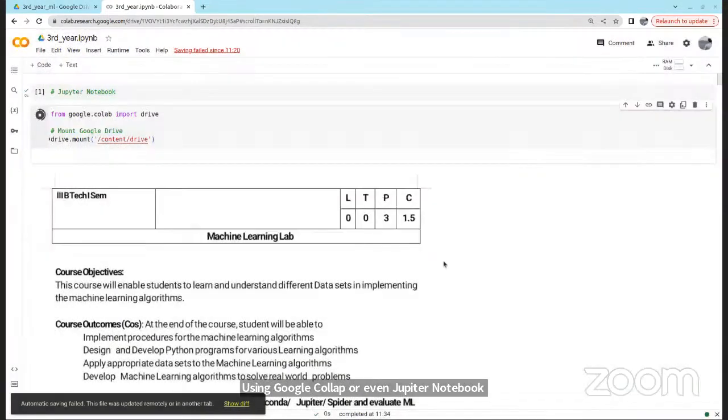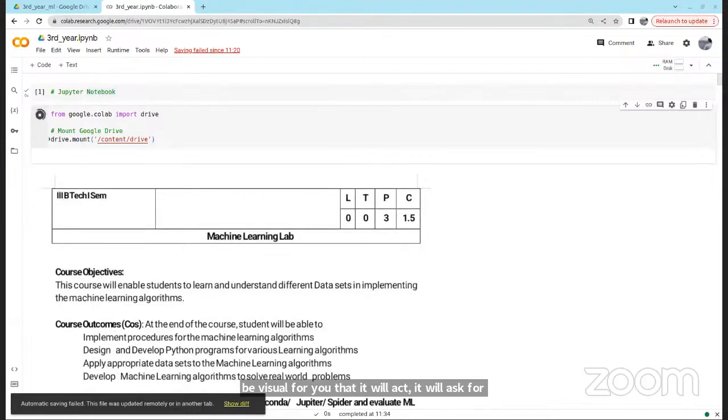See, what I did was I ran this cell from Google Colab: from google.colab import drive, drive.mount('/content/drive'). So I ran this file, and it opened this. Okay, it's not visible for you, but whenever you are running, it will be visible for you that it will ask for permission.